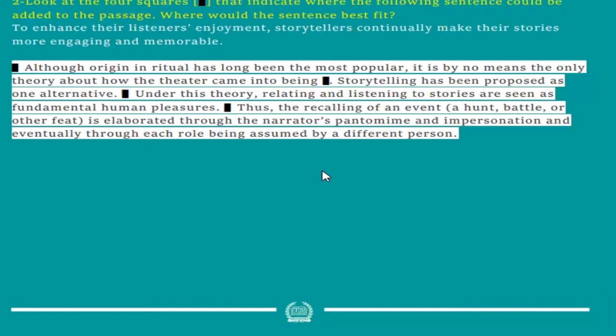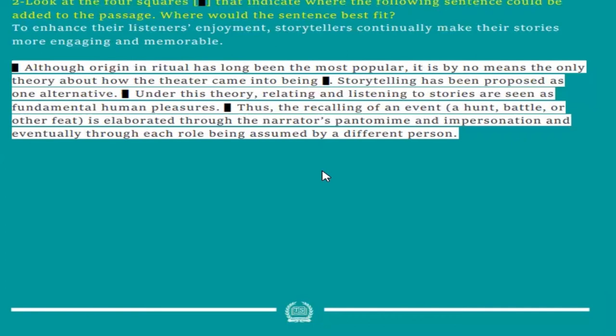This is according to this sentence because it's a completion. It's a detailed sentence. And also this sentence cannot be the first sentence. Why? Because this sentence is a completion. So the first box is out. Okay? Although origin in ritual has long been the most popular, it's by no means the only theory about how the theater came into being. Storytelling. Okay. The second box, we cannot insert our sentence in this box because it doesn't make sense,